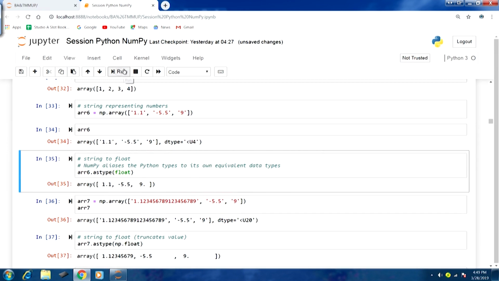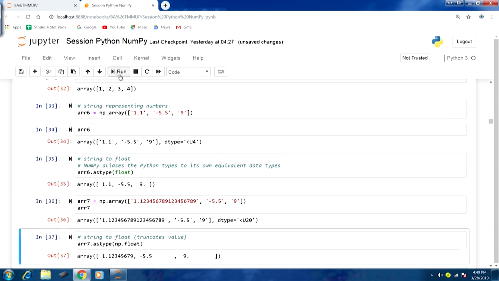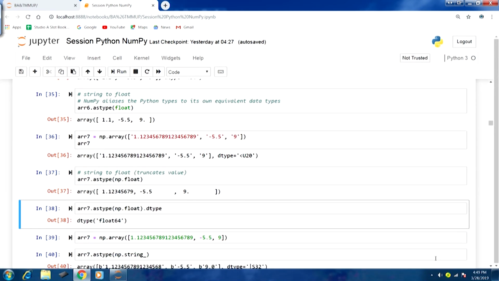We talked about strings representing numbers and how we can change the data type, string to float as well. Similarly, we talked about the number of bits that are used to store an element and how that can create a problem when we change one type to another type using the astype function. So, those aspects also we discussed in the previous lecture.